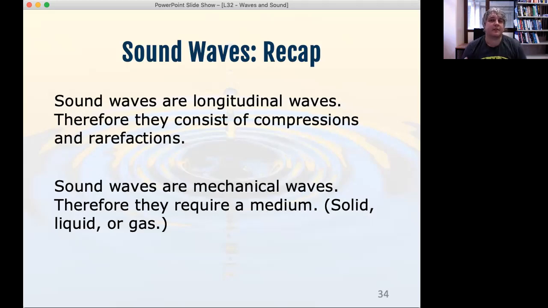So it doesn't matter if the sound wave is traveling through a block of concrete, through air, or through water, the sound wave part will look the same, right? Though you will still get those compressions and those rarefactions within the particles. In something like a block of some kind of solid, those compressions and rarefactions won't be quite as dramatic as